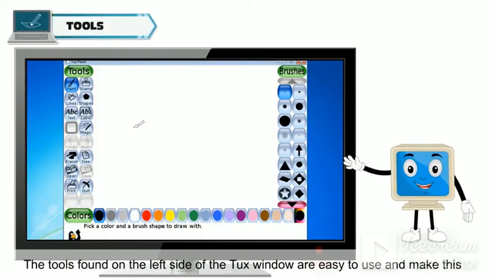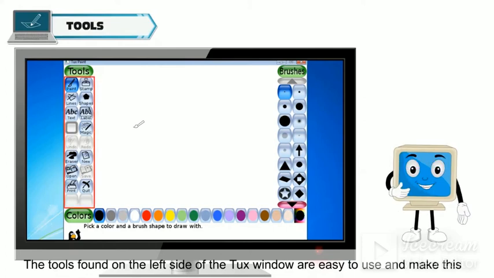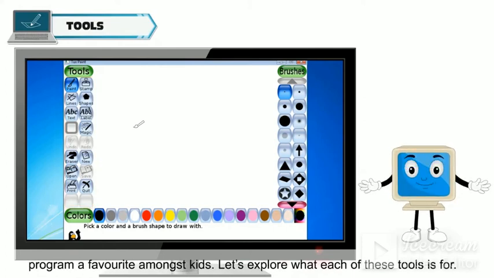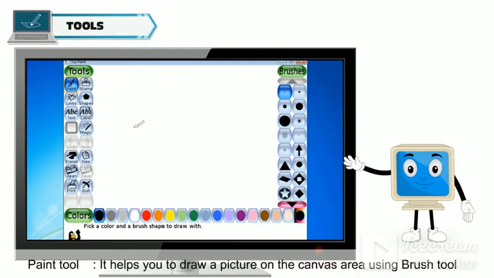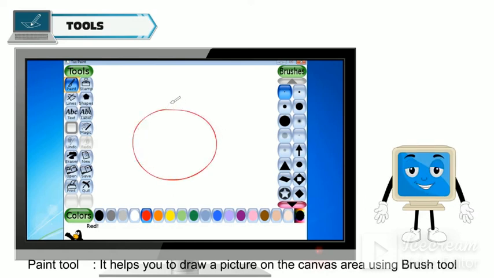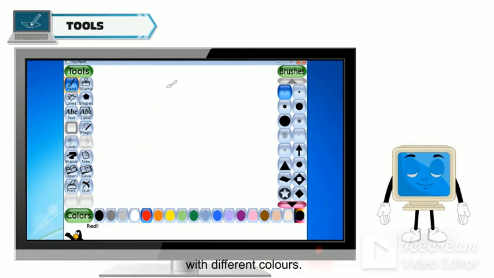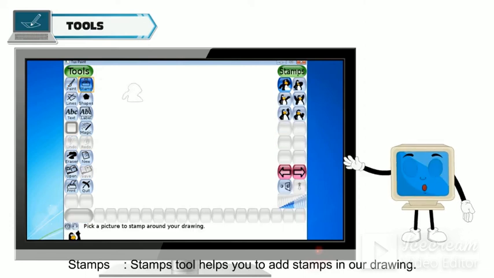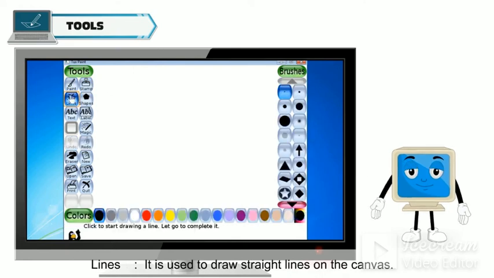The tools found on the left side of the Tux window are easy to use and make this program a favorite amongst kids. Let's explore what each of these tools is for. Paint tool. It helps you to draw a picture on the canvas area using brush tool with different colors. Stamps. Stamps tool helps you to add stamps in your drawing. Lines.